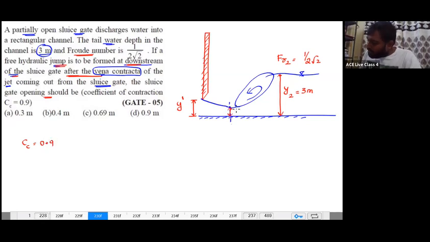So if I take the vena contracta depth as y1, because the jump is forming just after the vena contracta, so this is y1. Okay. Now what is vena contracta? Means what is the coefficient of contraction? I told you earlier while I was discussing there, the coefficient of contraction,